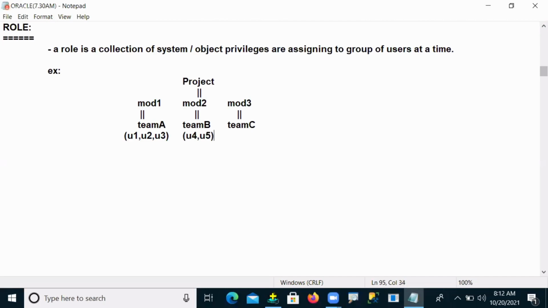And team number C has users number 6, number 7, and number 8. So these are the employees, separated into groups of people, and for each group of people, they assign some modules: module 1, module 2, and module 3.